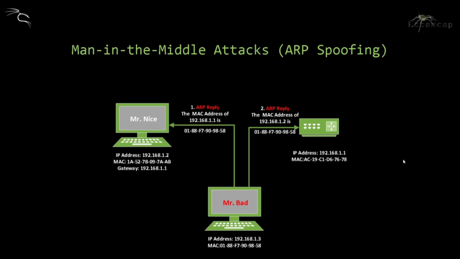So in this case, Mr. Nice will cache this message that the IP .1.1 is associated with the MAC address that ends with 98-58. So as you can see, on the next attempt to send data to the default gateway, the data will be redirected to the computer of Mr. Bad. And actually, this attack is used as an opening for other attacks, such as denial of service, man-in-the-middle attacks,